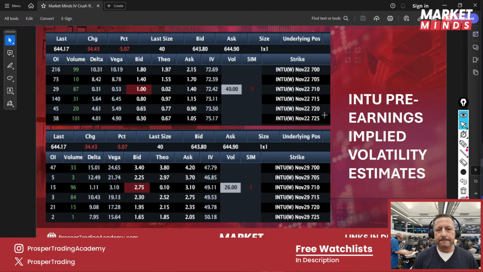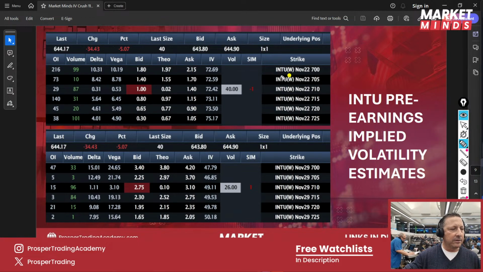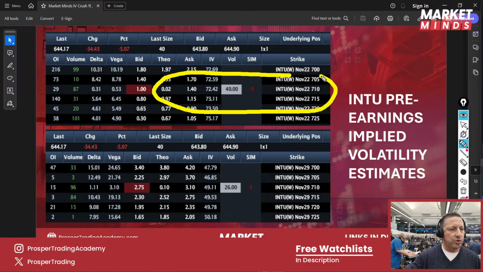Okay, now, this is one we'll review tomorrow. Intuit has earnings after the close today. So I'm doing this because this is not an I-told-you-so yet. You guys are all going to have the opportunity to compare this to where things go tomorrow. This is the current, or where we're looking on the strikes that we have.